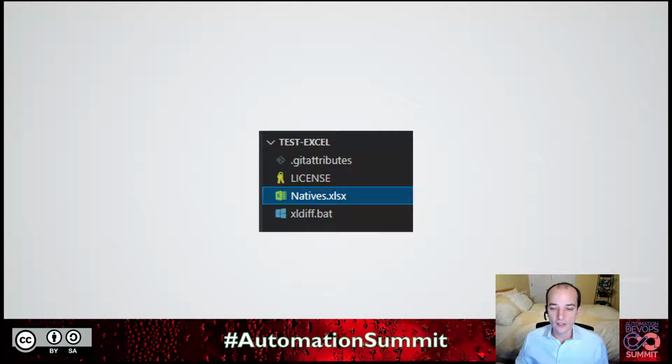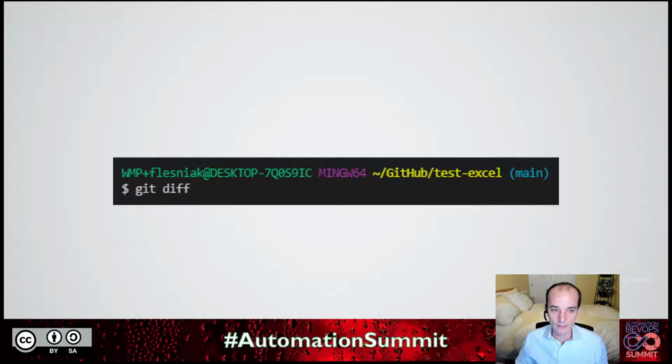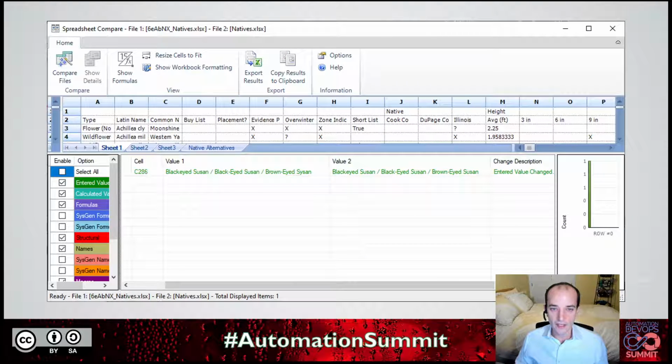And next I cracked that open, and I made my typo correction from Susan to Susan spelled correctly. Saved the file. This time I used the same file name because I'm using a Git workflow, and saving under the same file name allows me to do that. And if I went back to my Git Bash prompt, I could type git diff, and when I did that, I got a nice pop-up of Spreadsheet Compare showing me exactly what changed,